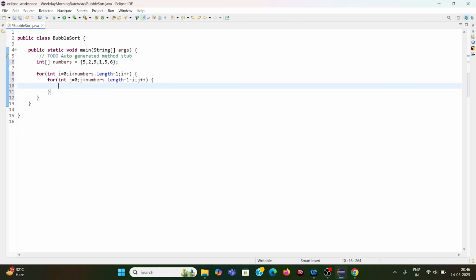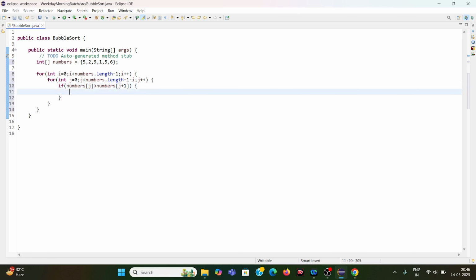And now finally we will be comparing and swapping the elements. So we come to the very important part, that is comparing two adjacent elements in an array. If the element on the left is greater than the element on the right, we're going to swap them. Let's see how. So we'll give one condition here: if numbers j is greater than numbers j plus 1, so in that case we'll give